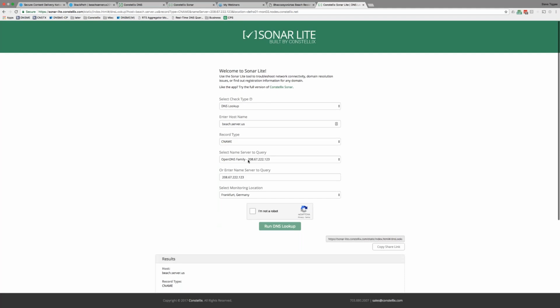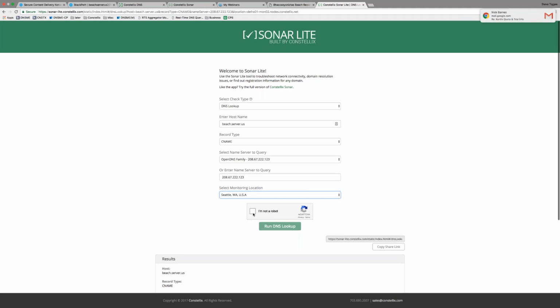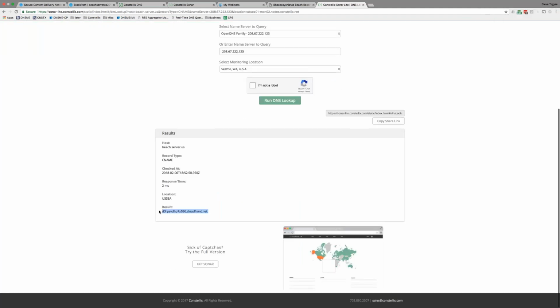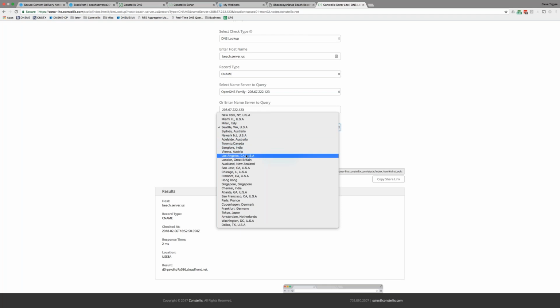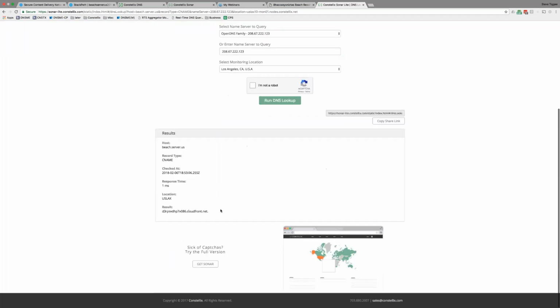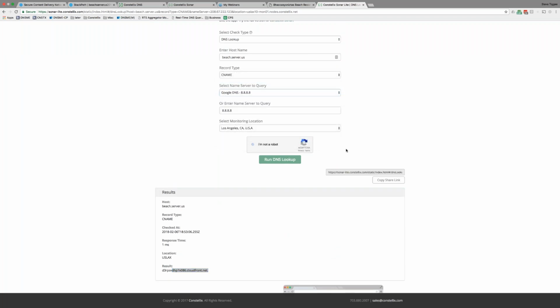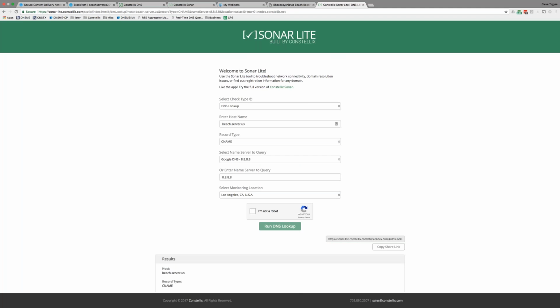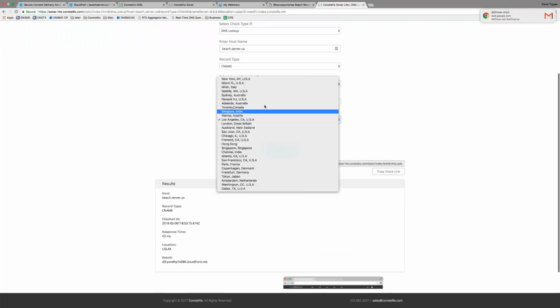And if I was to hit an open DNS name server in, let's say, Seattle, Washington, I think that should also probably be CDN right now. No, that's using Amazon. Remember we said Amazon's the fastest on the West Coast. So we hit open DNS in Seattle. That's hitting there. If we hit it in Los Angeles, it's also Amazon, right? And if we want to hit Google DNS in Los Angeles, it's Amazon. But if we went back and hit the East Coast,